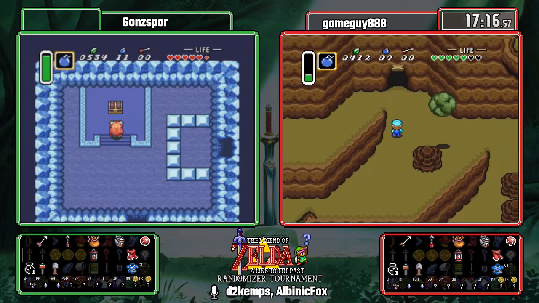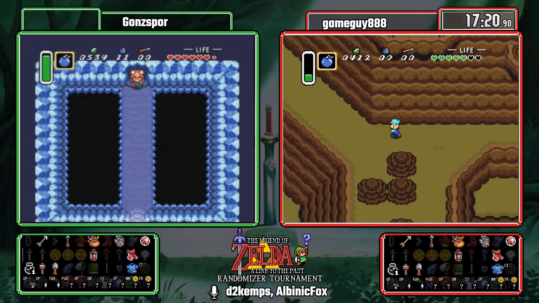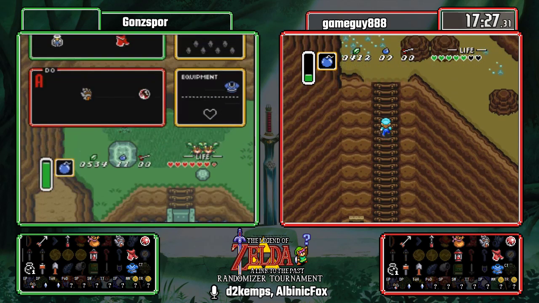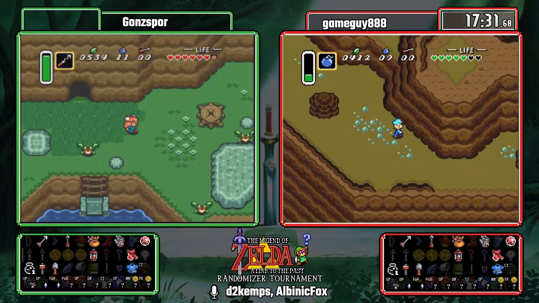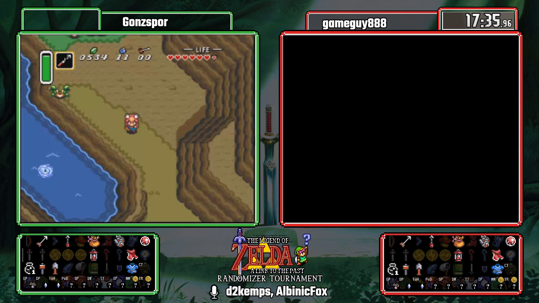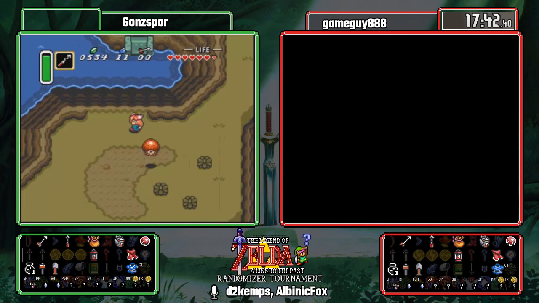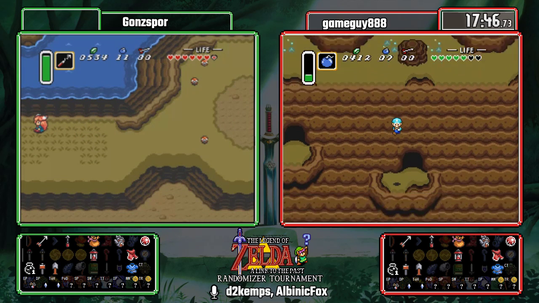Old man letting us carry more bombs. Gonzspor going down, and maybe we'll see what Game Guy missed out on by not succeeding in walking on water there. Gonzspor also has a full set of rupees for King Zora at this point. When Game Guy went up there, he was still short 100, so... Yep, and we have Kane in the